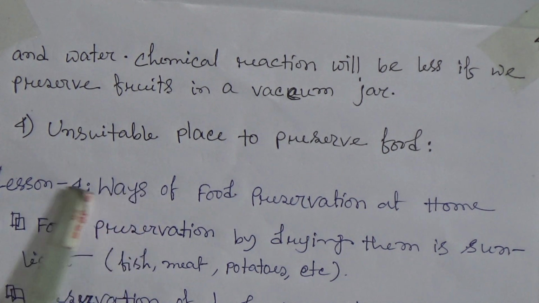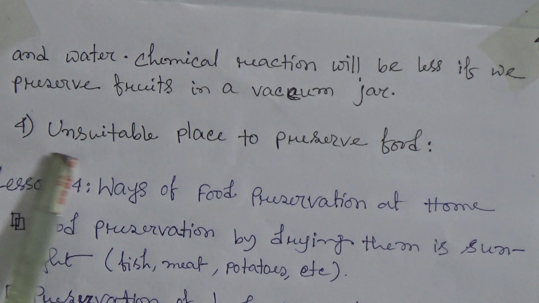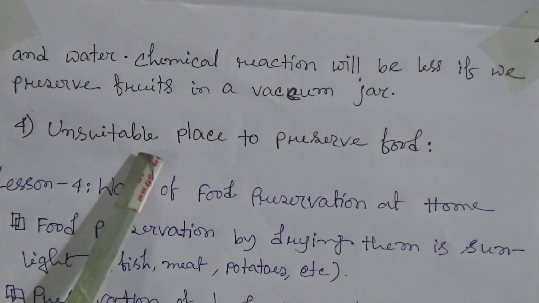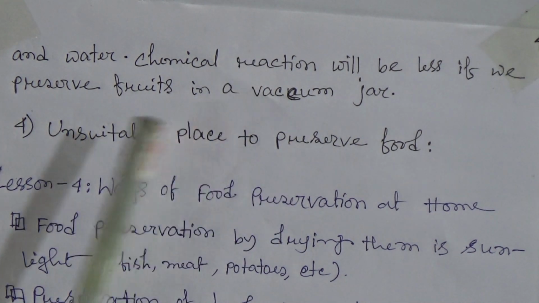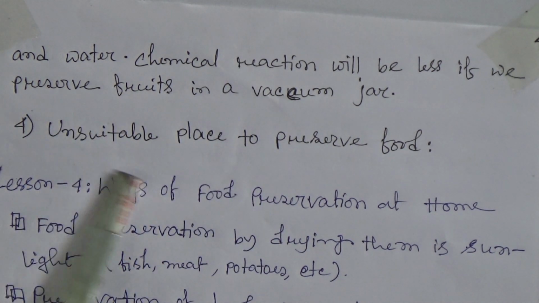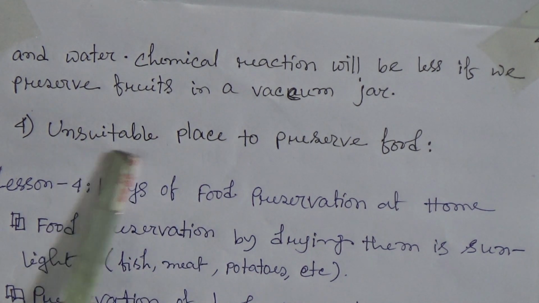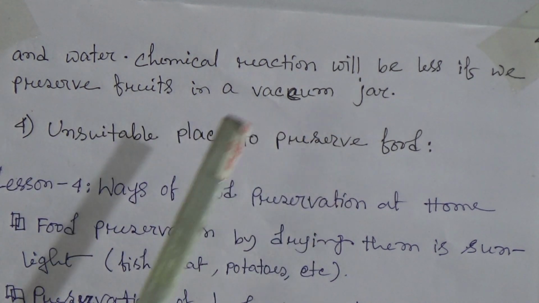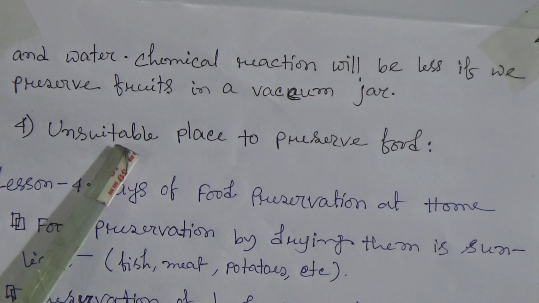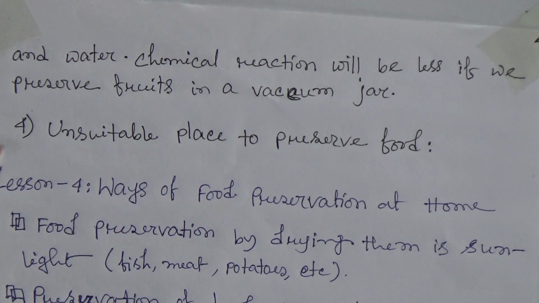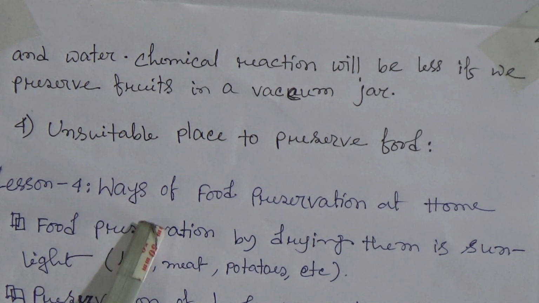And number 4 is unsuitable place to preserve food. So this is one of the reasons for decaying of food. That means if we cannot preserve some foods in a suitable place, then these foods can be spoiled. Like if we just place some fruits and vegetables, those actually contain lots of water,